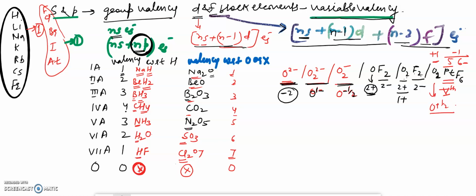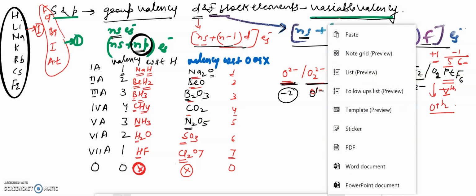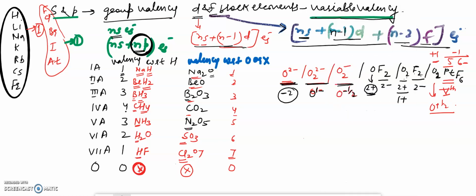So this is all about the oxidation number shown by oxygen in different compounds. In oxides it is minus 2, in peroxide it is minus 1, in superoxide it is minus half, in OF2 it is 2 plus, in O2F2 it is 1 plus, and in O2PtF6 oxygen shows plus half oxidation state. Platinum here is 5 plus, that's a very rare oxidation state. Now this is all about oxygen.